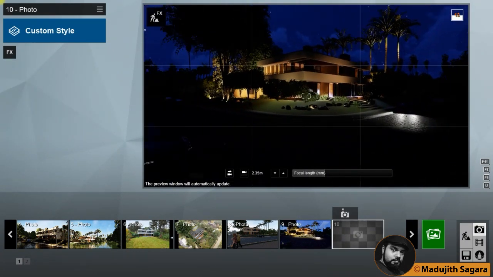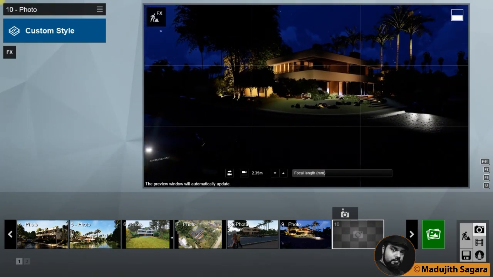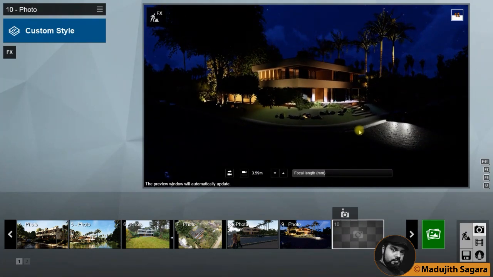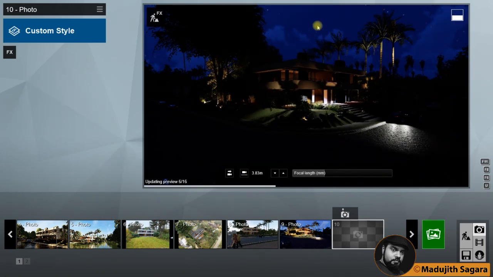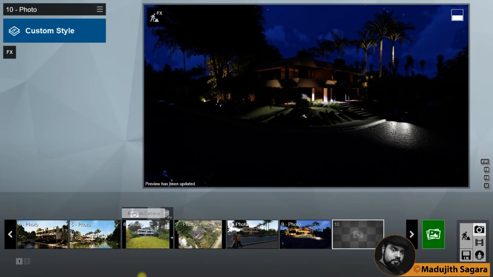I can adjust my camera, and I can have a very good look. And also you can add some skies here. Wait, the preview is being updated and you can see it here. You can have an effect.